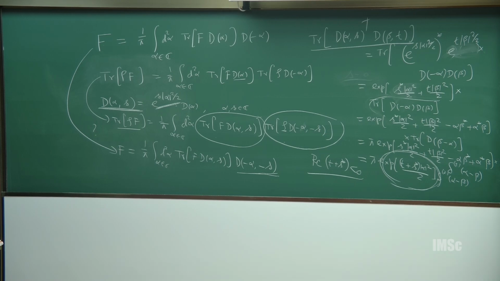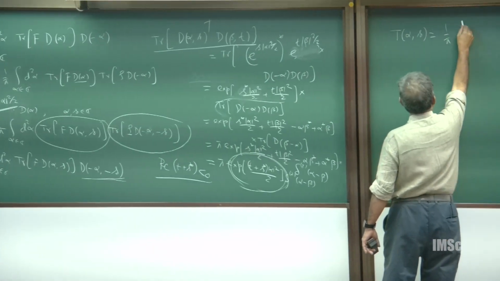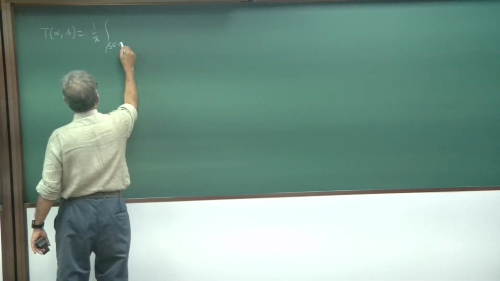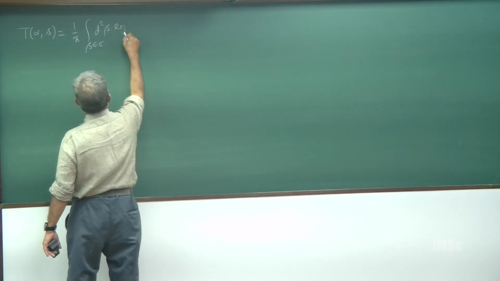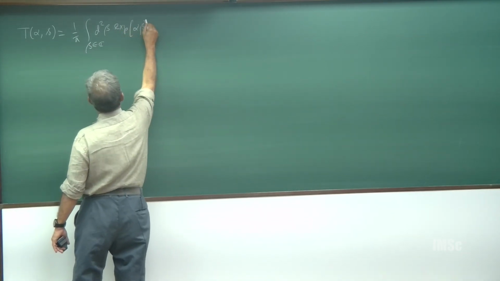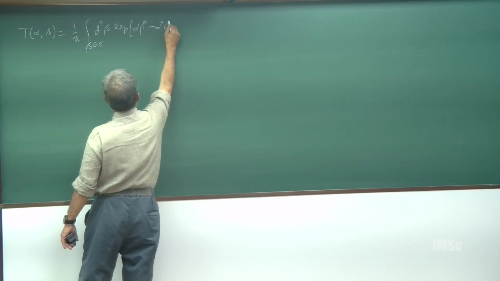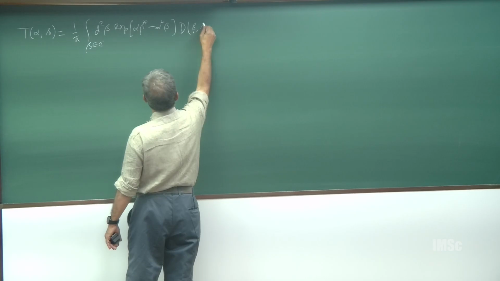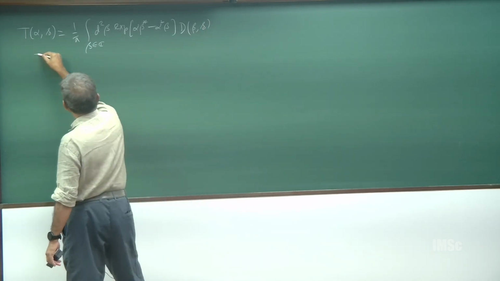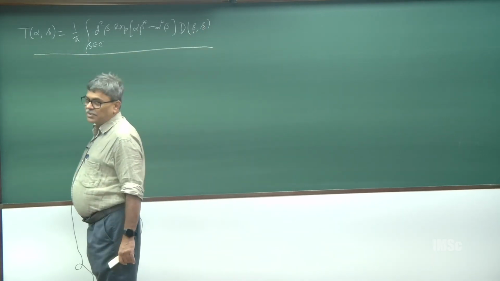So, T of alpha s is equal to 1 upon pi, integral over beta belonging to C, d square beta, exponential of alpha beta star minus alpha star beta, D of beta s. So, this is the complex Fourier transform of D of beta s. Okay. So, this is your new set of operators, right,